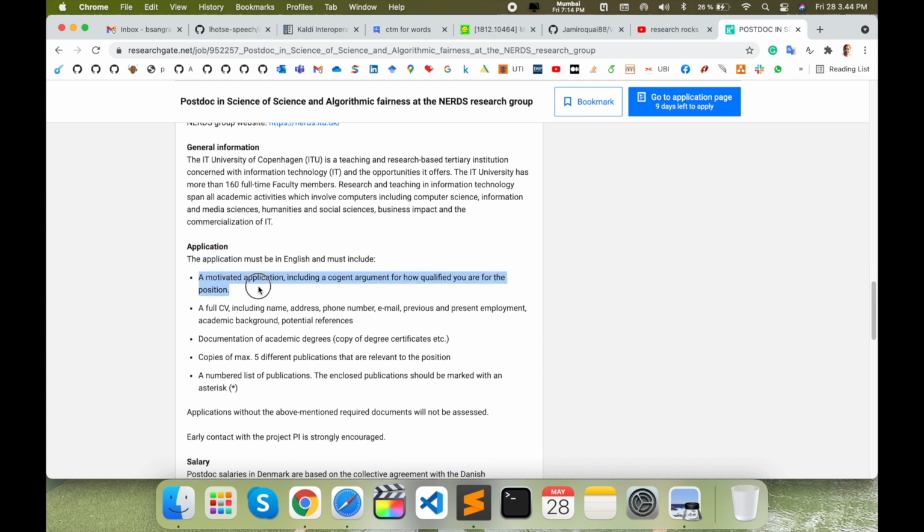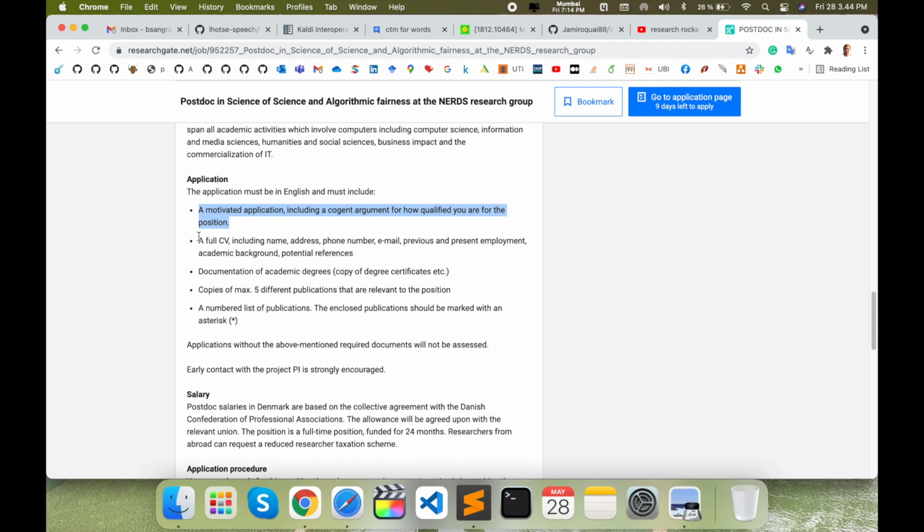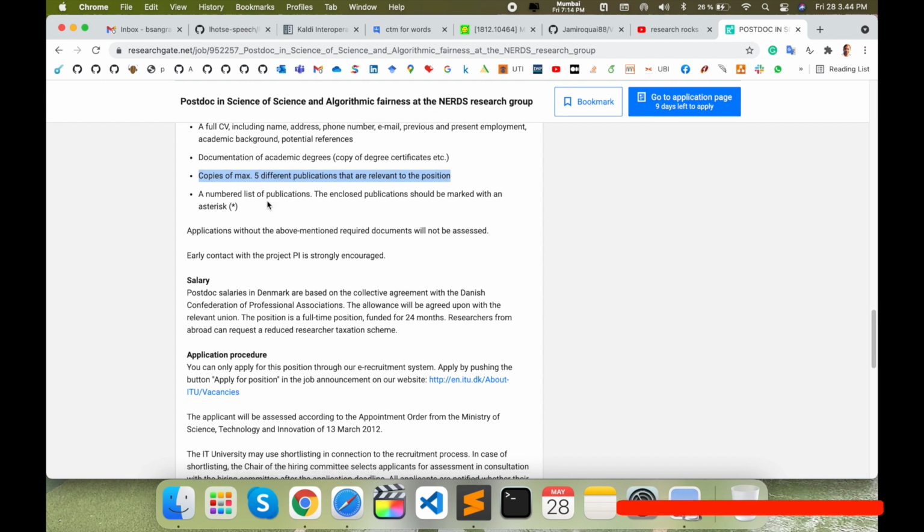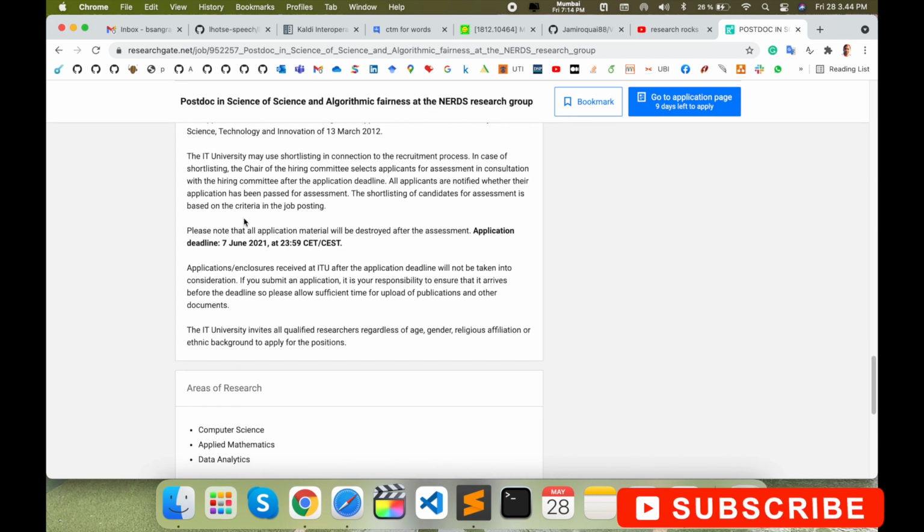Application needed: your motivational application letter of 1 or 2 pages, your full CV, and documentation related to academic degrees, meaning copies of your graduation, postgraduation, and PhD degrees, copies of a maximum of 5 publications related to this position, and a list of publication information. Even the deadline of the particular position is 7 June 2021.